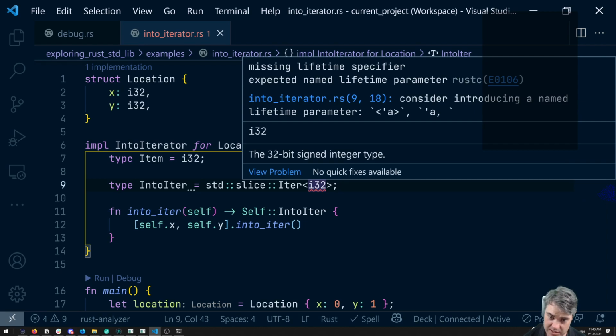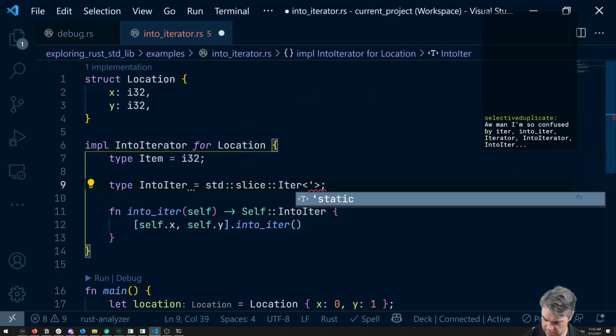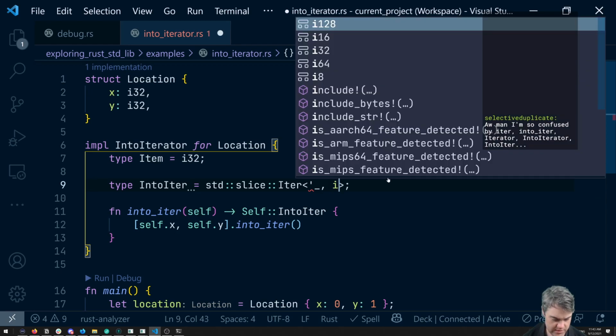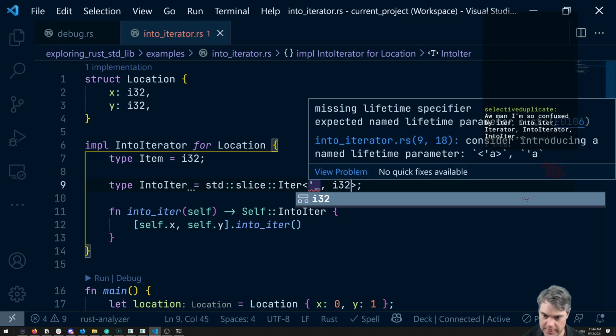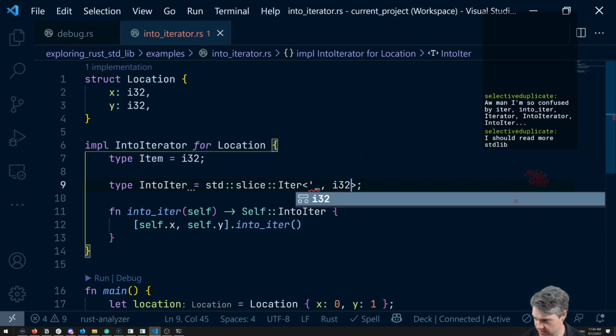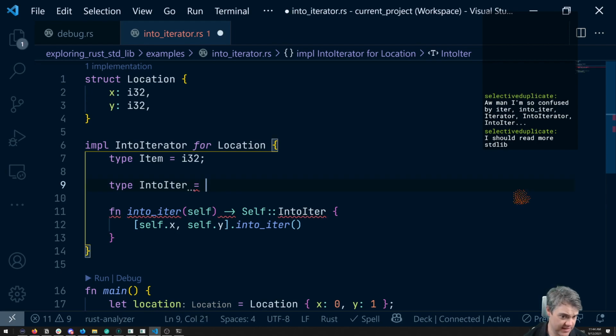Missing lifetime specifier. See, I don't want to have to do that. I don't want to have to do that kind of thing, because then I have to do lifetimes up here. So I really want to have this be the